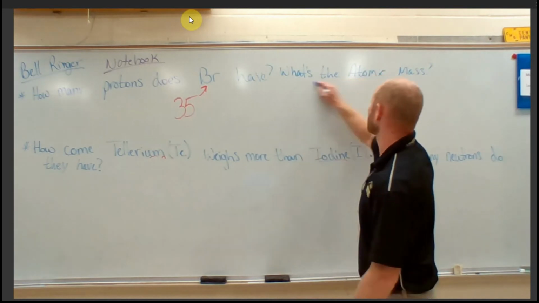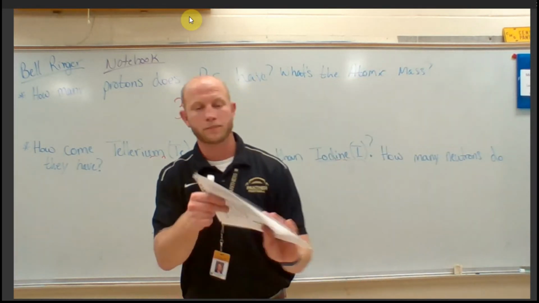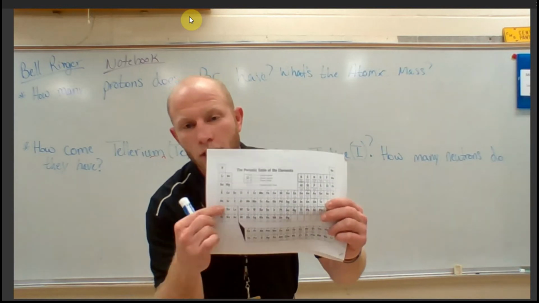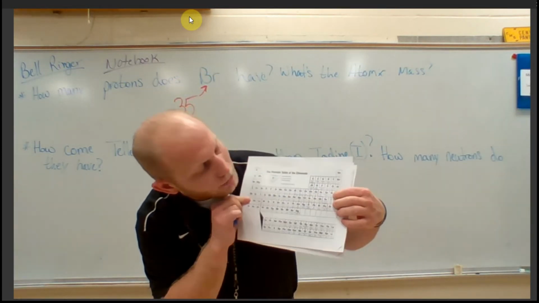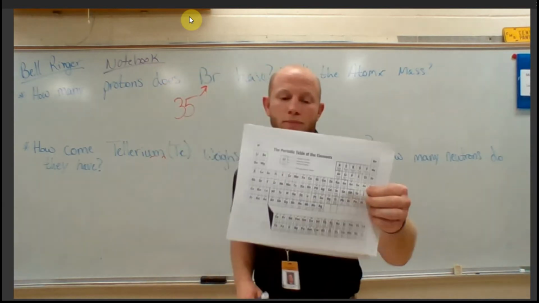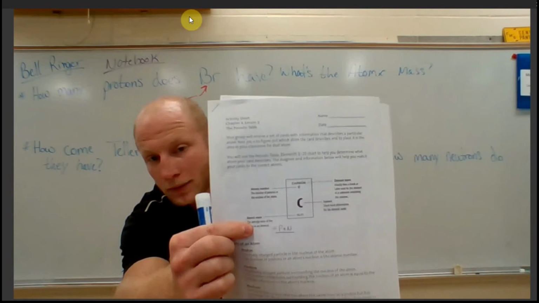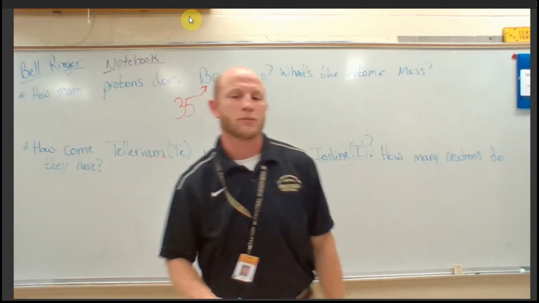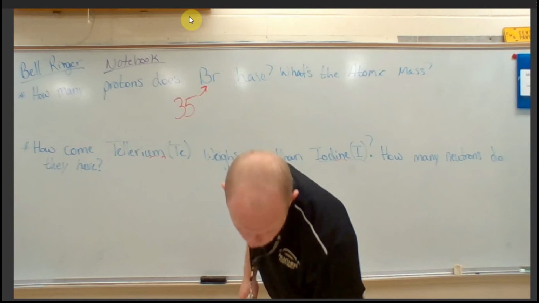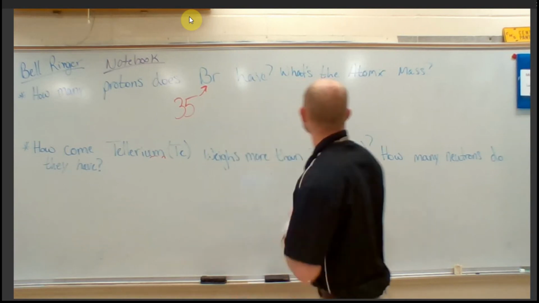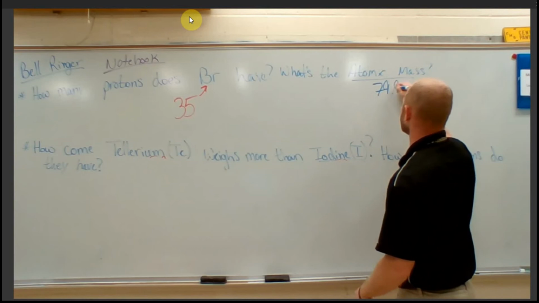All right, but then it also asks, what's the mass of bromine? So again, I'll go to my periodic table, and I'll look until I find bromine. And at the bottom, it says 79.90, right? And if I look on my lab that I did, it says atomic mass is at the bottom, and most of the time it's a decimal. So the atomic mass is 79.90